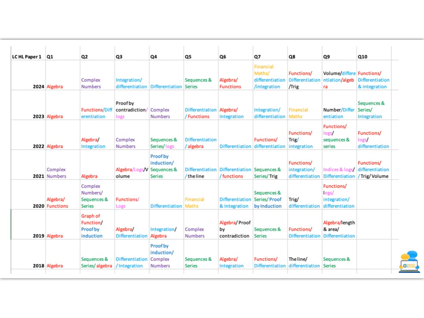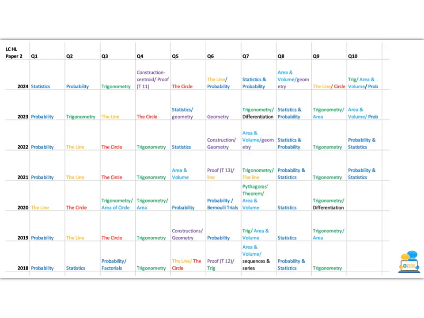So look, who's to say whether it will or won't come up for you guys this year, but it hasn't come up in the June exam since 2021. So we would be saying that proof by induction probably has quite a high chance of coming up for you guys in June. Then looking at our paper 2 breakdown for higher level, we can see that again,